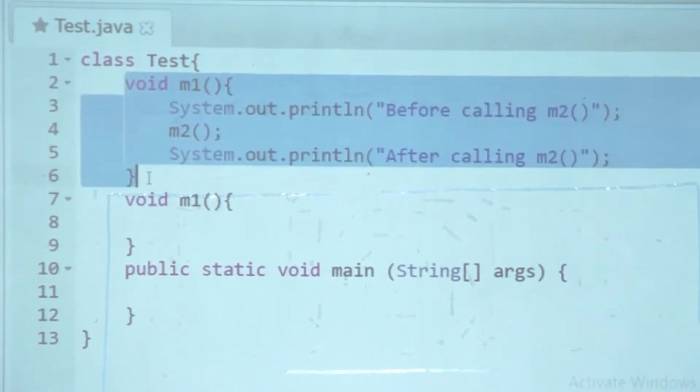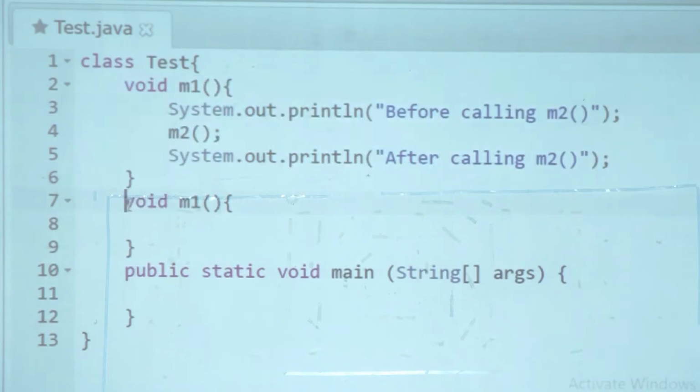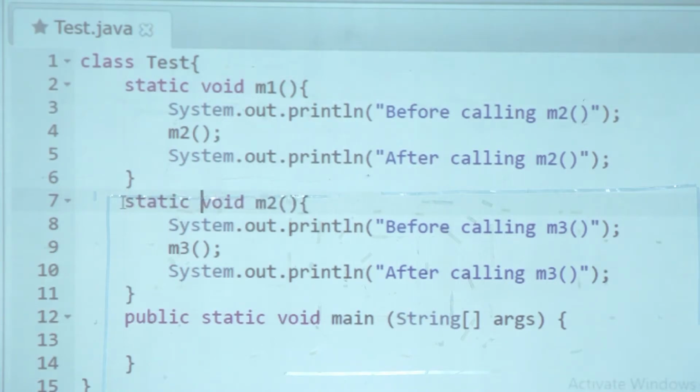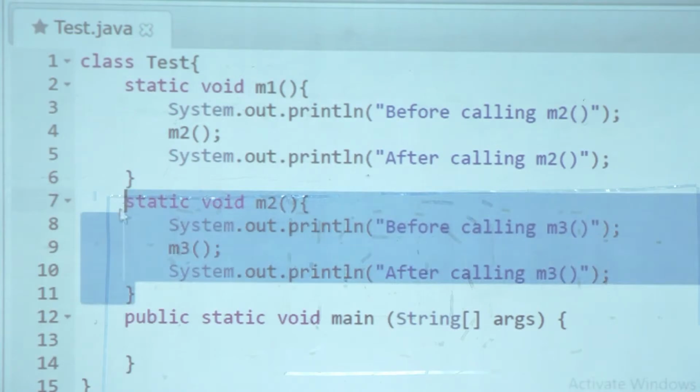Okay, so we are done with M1. In a similar way, we would like to write M2, M3 and M4 before calling M3. Just trying to mimic these methods, you will have to make them static, otherwise they will not be invoked through main. So we will declare them as static. You know why we are doing that, right? Otherwise we can't call them in main. Main is static, no? So static can call only static. It can't call anything else.